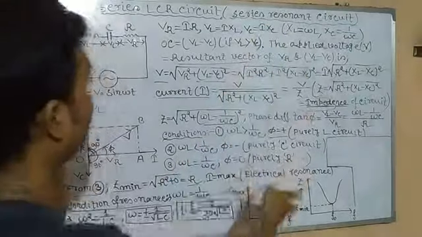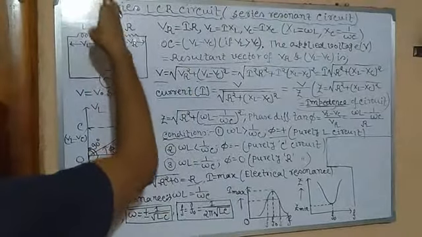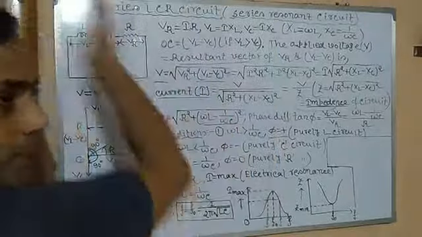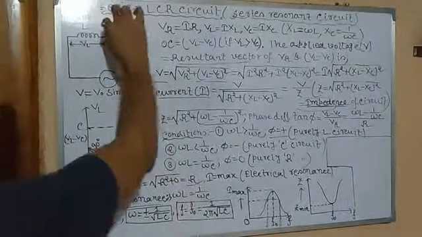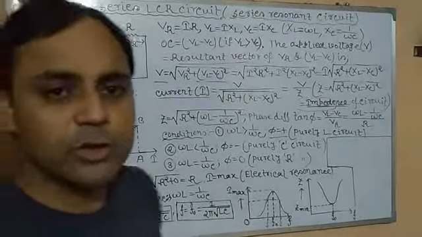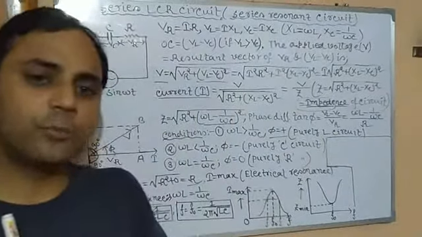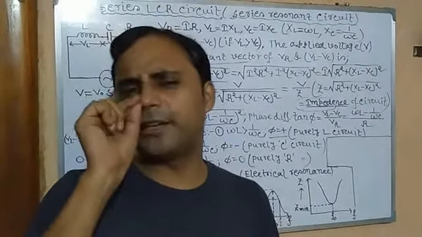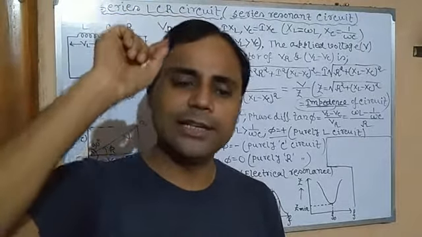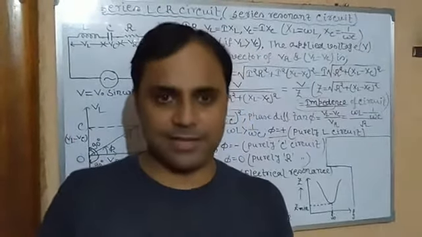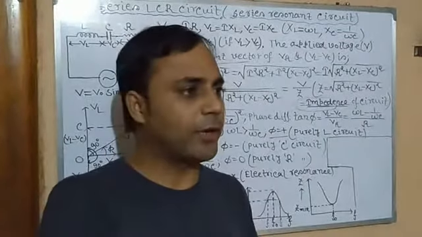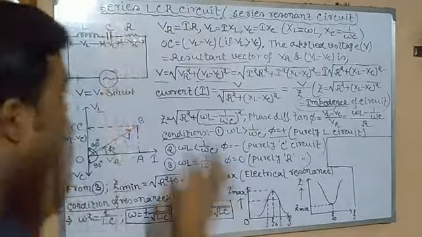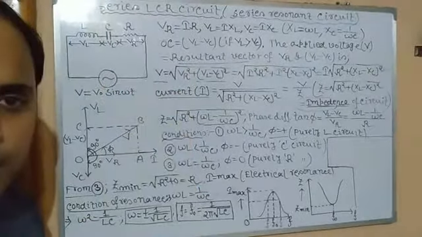Because Z is formed by combining three elements: inductor, capacitor and resistor. So what could be the minimum value? All three cannot be 0. We can remove the inductor by straightening the wire, and we can remove the capacitor. But R cannot be removed, because it is not possible to create zero resistance. In any conductor inside any circuit, there is at least some little amount of resistance. It is just like an object being massless, or moving with a velocity equal to the speed of light, which is not possible in daily life. At least some amount of resistance will be present.